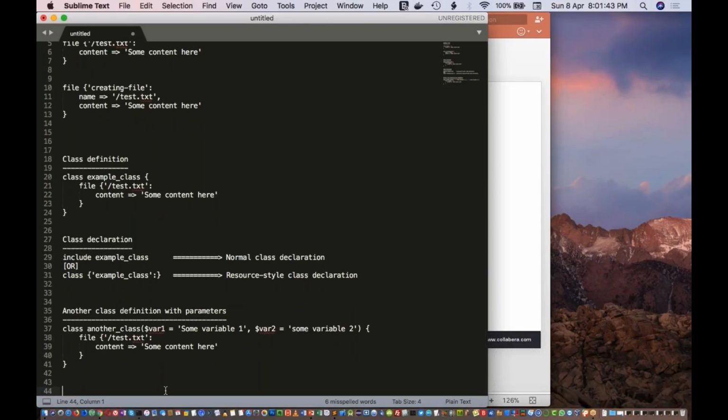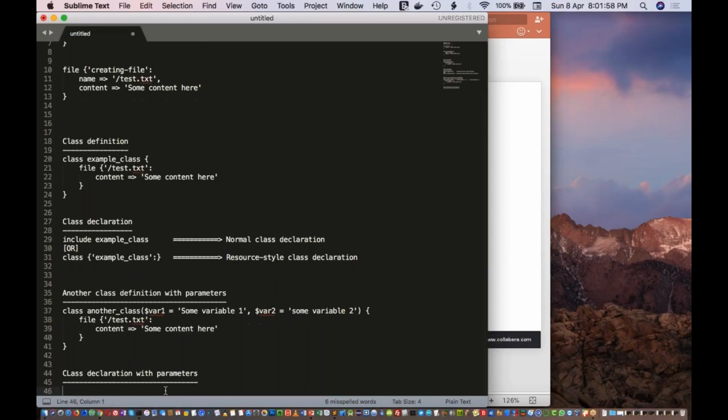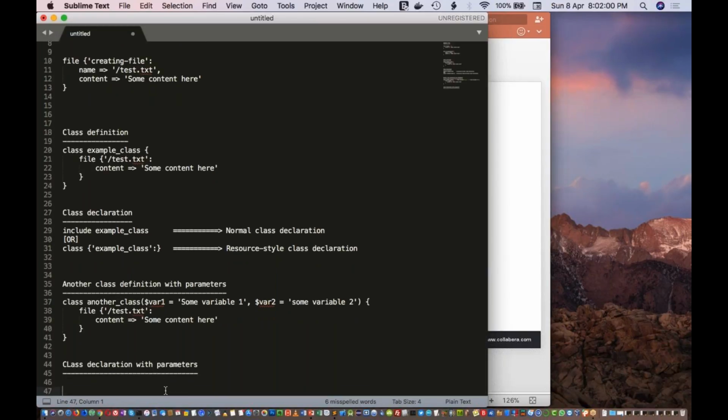Okay, so now when you have to declare this particular class, what you will have to do is use the resource style class declaration like this.